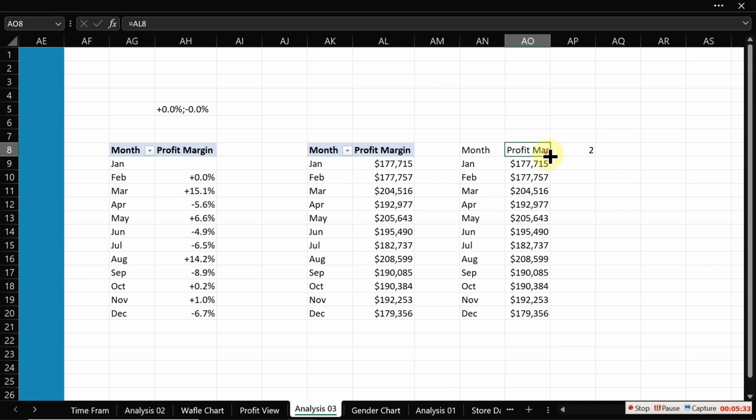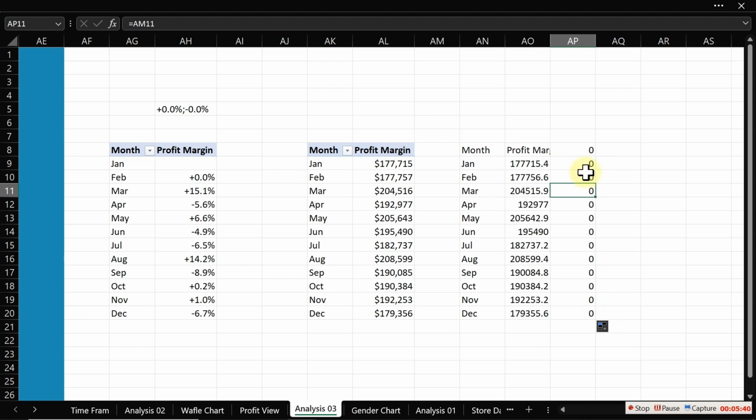Or I can just copy this right here and copy this down. Oh no, it's giving me 0 because it's moving from here. So what I would have done is just to reference the same thing over here. And now if I copy down,